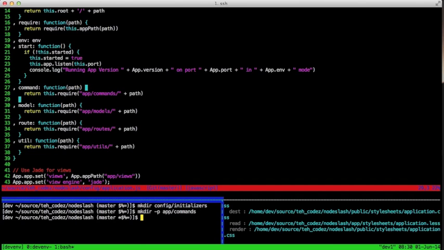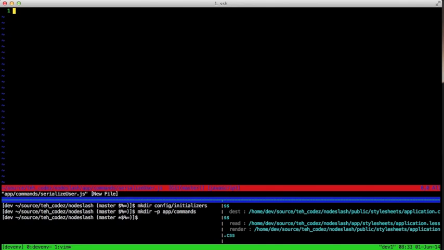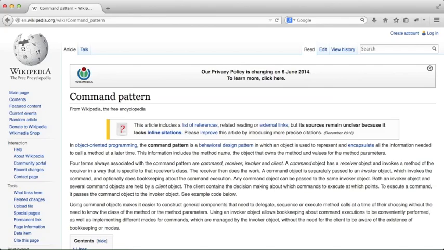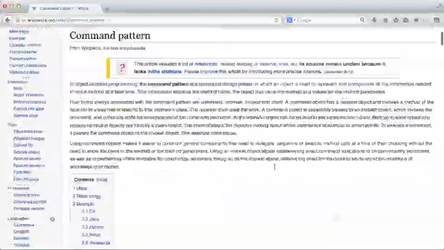Now we can go ahead and create app commands serializeUser.js. First, let's talk about the structure of this file. I really like to use an almost command pattern in situations like this. You can read about the command pattern at its Wikipedia page, and I'm linking to that